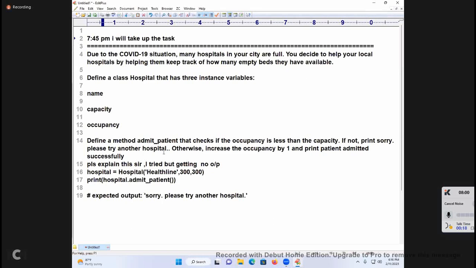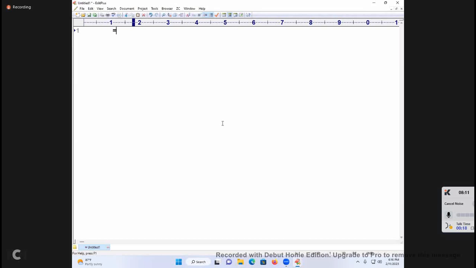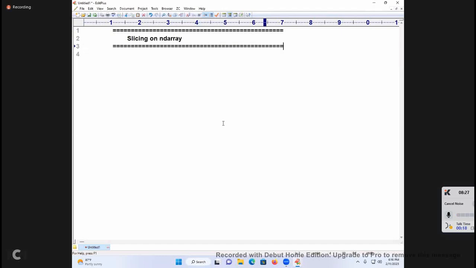Shall we start our dangerous concept? Right. Now I'll go to the continuation process. What is the topic name? Indexing concept is already completed. Slicing we are entering. Slicing on what? ND array. I'm going to take 1D slicing, already completed, I think. 1D slicing completed. What is the syntax you understood for an ND array?